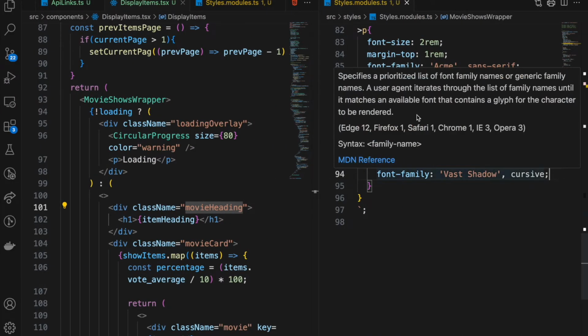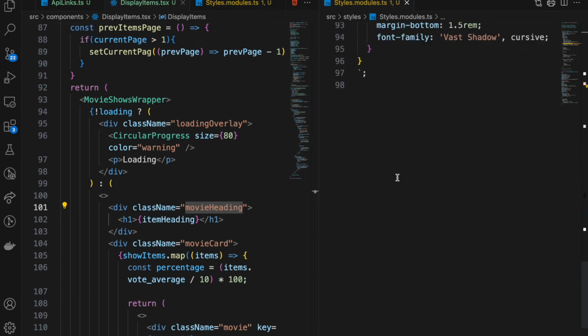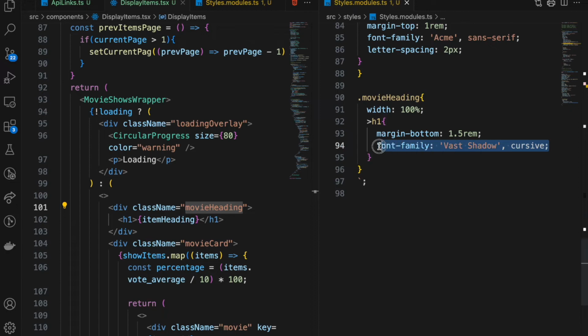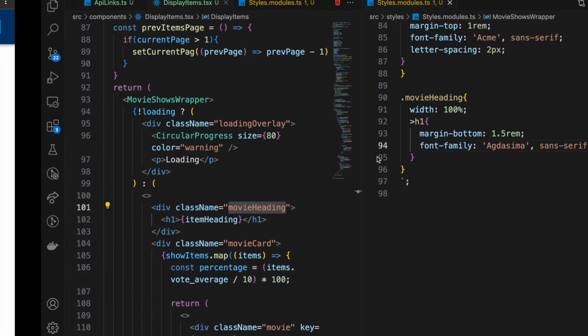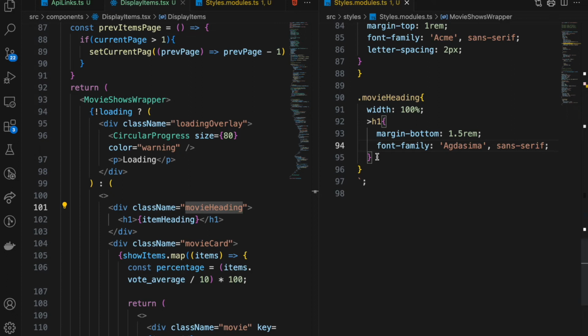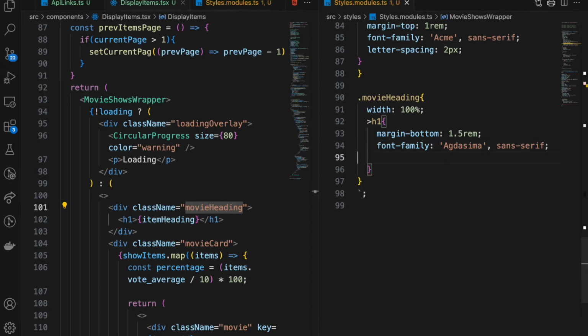That, I don't know, that just doesn't look good. Yep, much better. So that's enough for the H1. Let's go ahead and move to the next one, which is